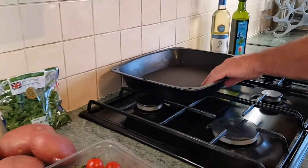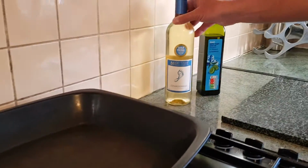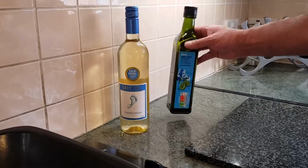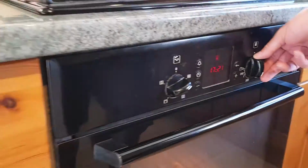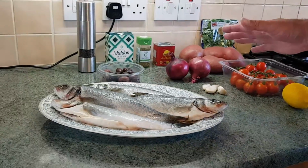As I said, it's all going to be done in one tin in the oven. Also, I've got some white wine, a splash of white wine is going to go in, and I've got some extra virgin olive oil, Greek olive oil today. So, in the meantime, I'm going to preset my oven to 180 degrees, and I'm going to start preparing my